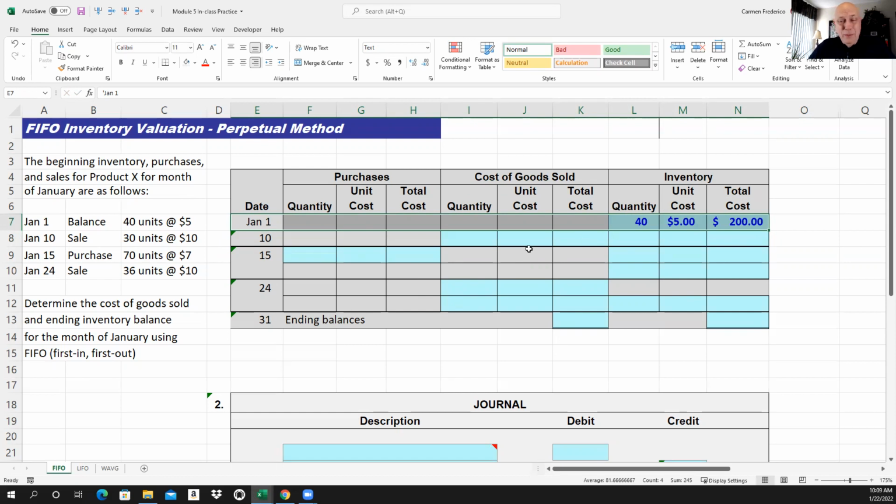You're going to see later when you have more than one layer, that's when FIFO and LIFO get a little trickier, but that's where the difference lies. Okay, so then